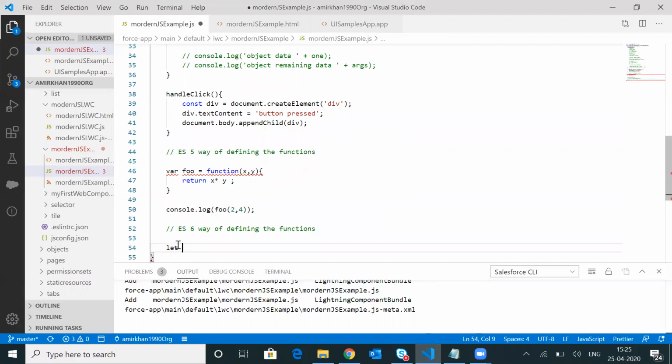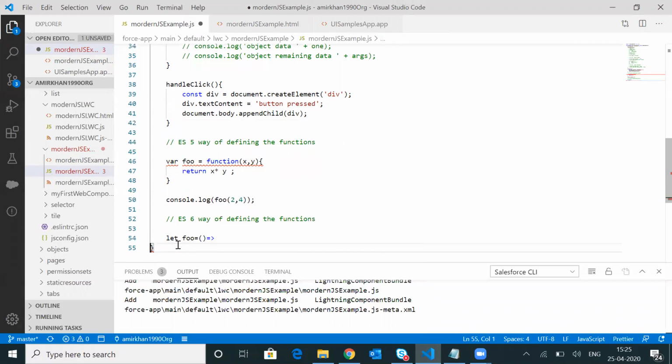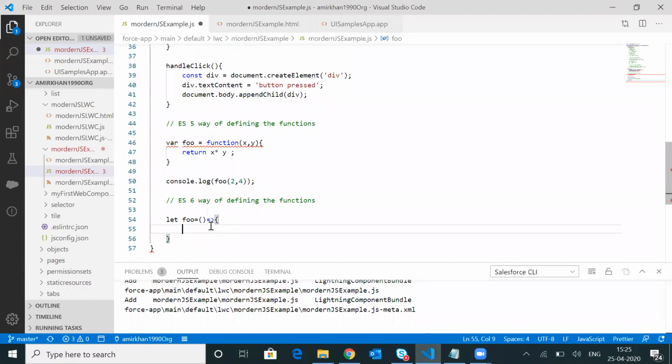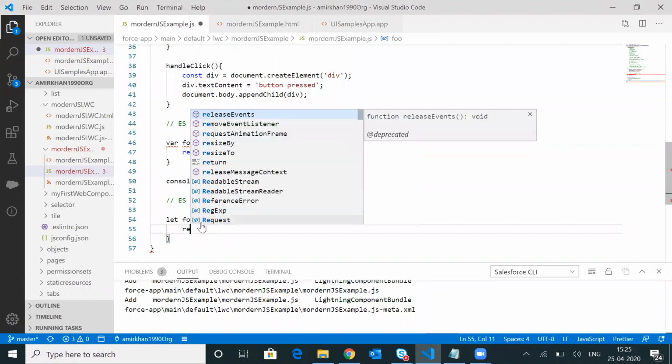Let's say we can declare the function this way: let foo, then the parameters, then the arrow keyword, and equals. With the arrow keyword we have the body of the method, and that's it. Then return